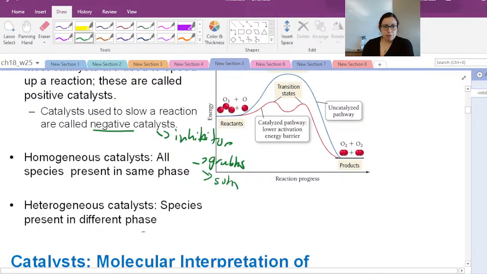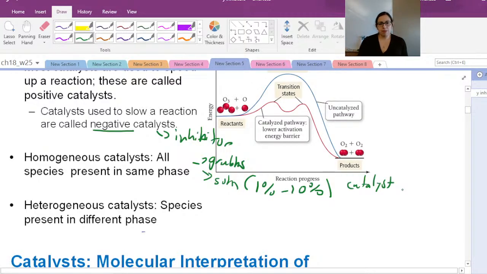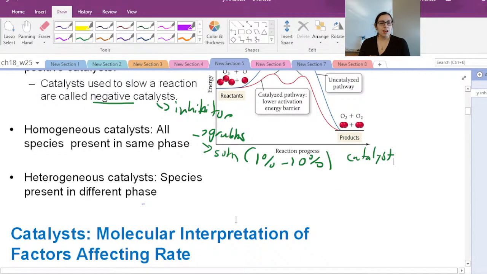The problem with a homogeneous catalyst is that it's hard to recover. And so that's where you get into catalytic efficiency, because you would ideally just want 1% to maybe 10%, but 10% is honestly pretty high for a catalyst. Because you're assuming you're not going to be able to recover it if it's homogeneous. That's just generally how it goes in the workup phase. You're going to lose your catalyst.